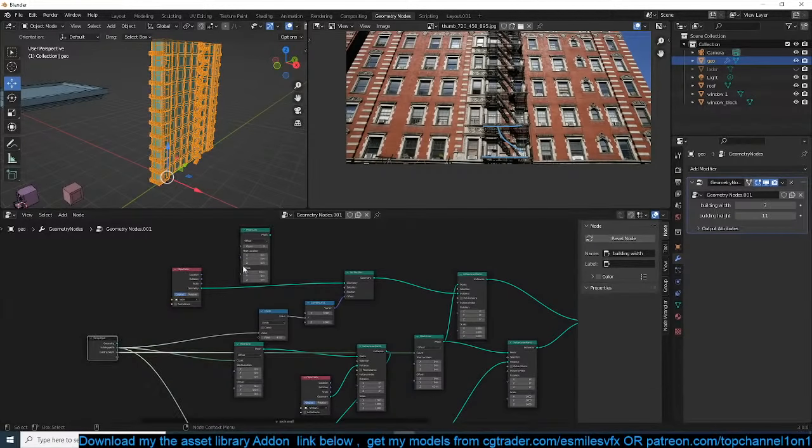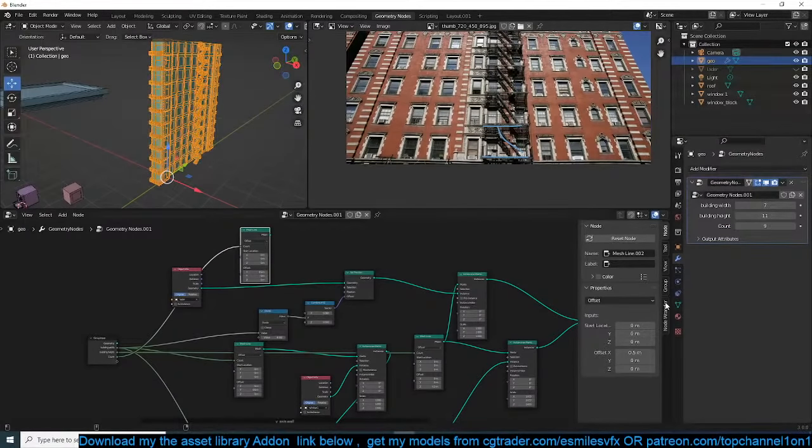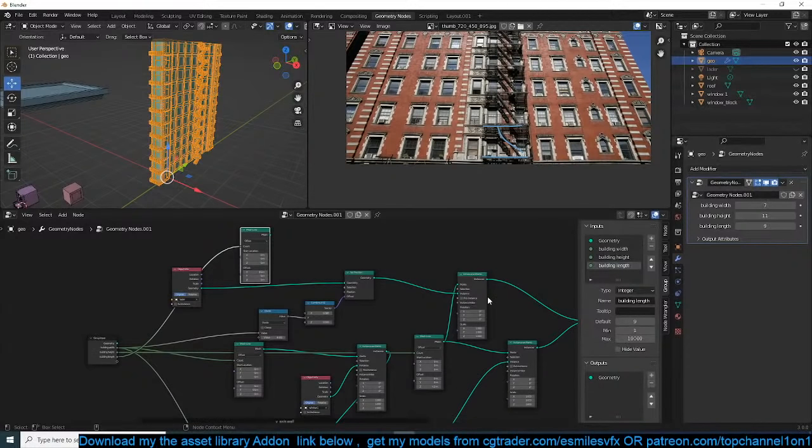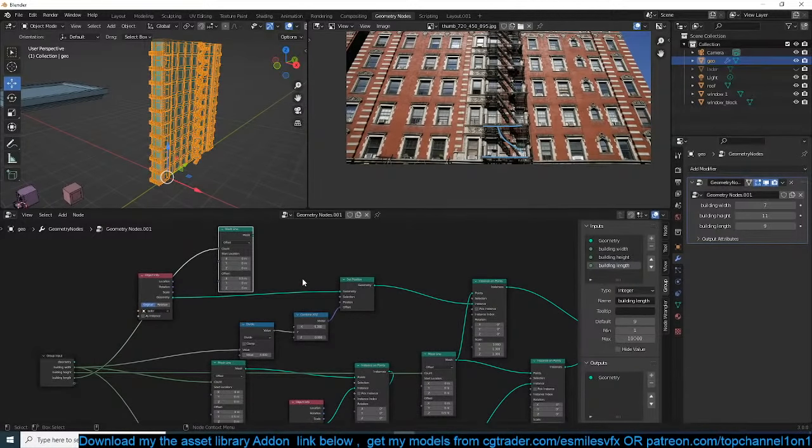So let's set this to be building. I guess this would be the length. I like that. Now this length, we are going to